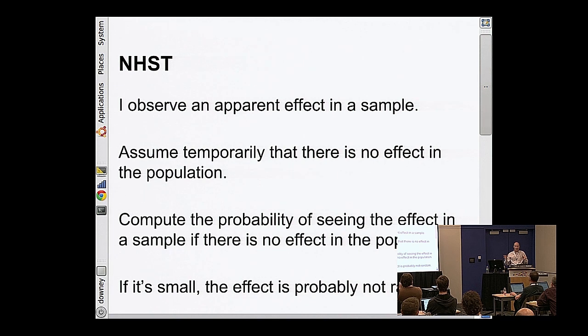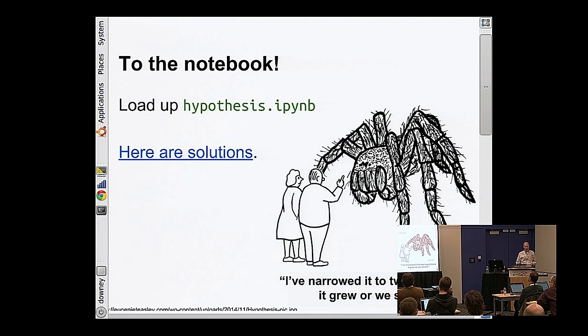And the question is, could that have occurred just because of random sampling, or does that indicate that that difference that I saw in my sample is also true in the population? This is the logic of how I'm going to answer that question. I see an apparent effect. I'm going to assume temporarily that there is no difference between these two groups. I'm going to generate lots of simulated experiments like what we just did, and I'm going to count how often would I see an effect as big as what I saw under the null hypothesis. The null hypothesis is nothing is actually different. Okay? That is the logic of it all.